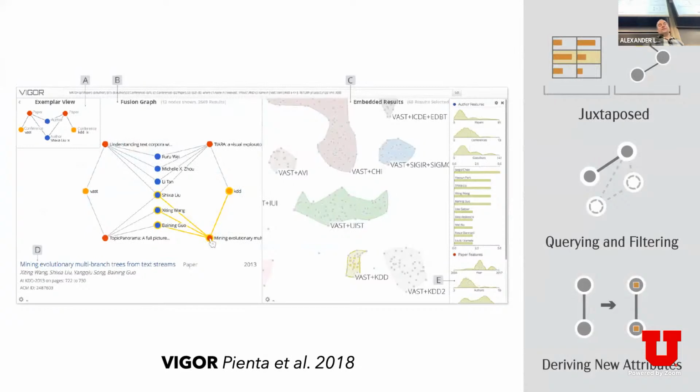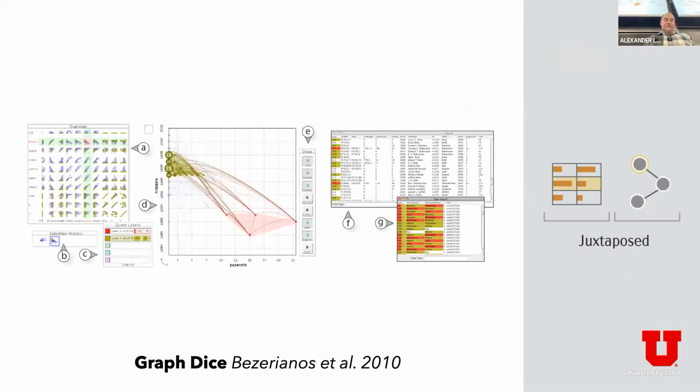So they've used this, in this example here, for exploring literature data sets. Here we have some authors and papers, and then how these papers are spaced out based on topics. Or this here is kind of like the graph dice example that I showed before, with the layout that we